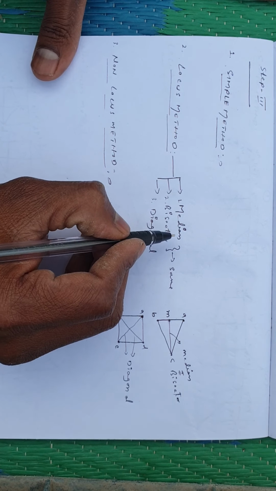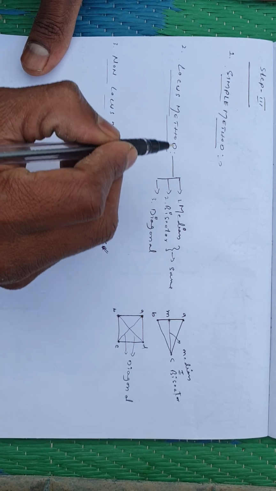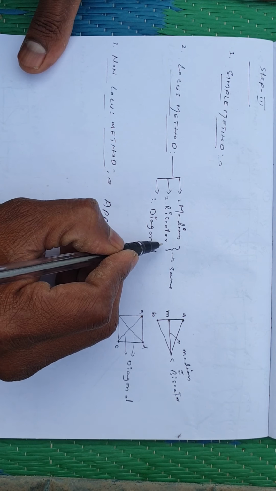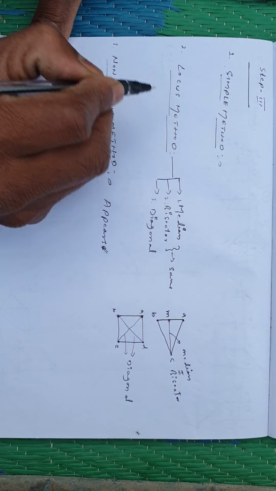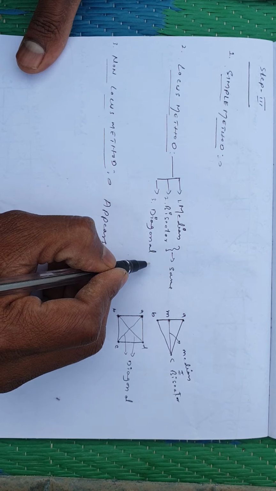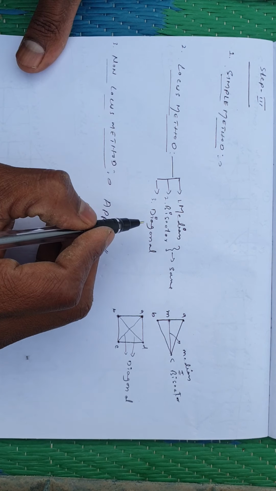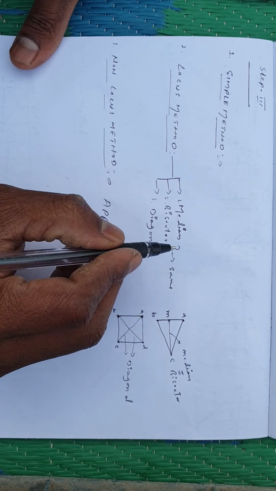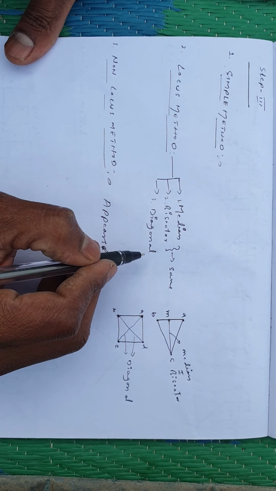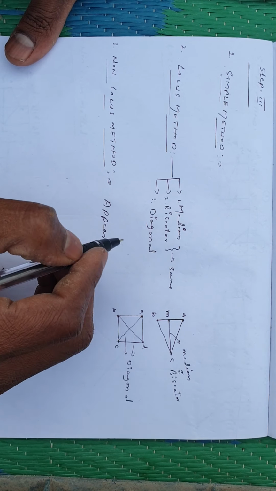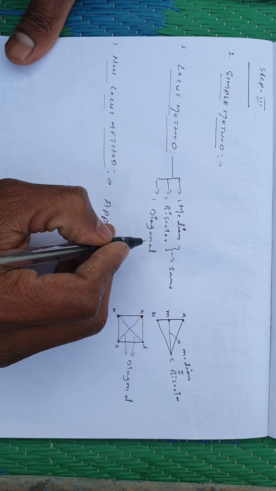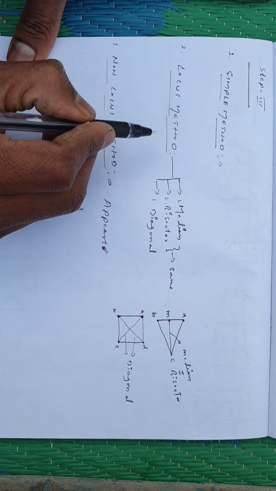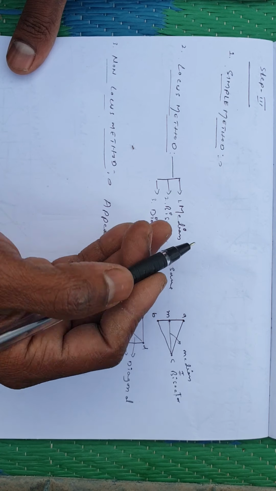In a given problem, if the word median is given, the third step should be completed by using the locus method. If the word bisector is given, the third step should be completed by the locus method. If the word diagonal is given, the third step should be completed by the locus method. There are three standard words. Any one word will be given in the problem, not both or all three at a time: either bisector, diagonal or median. If any one word is given, the third step should be completed by the locus method. The standard procedure for the locus method I'll tell later.